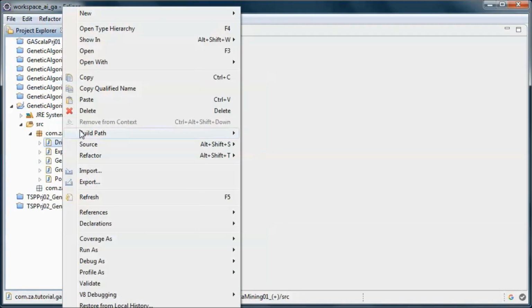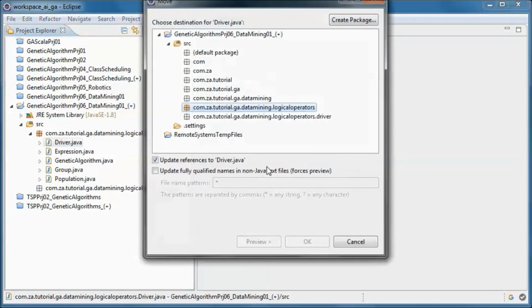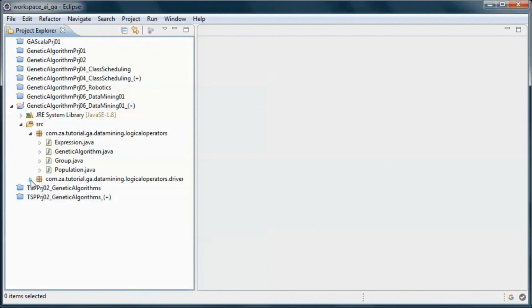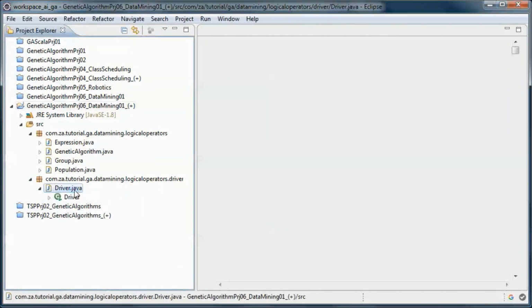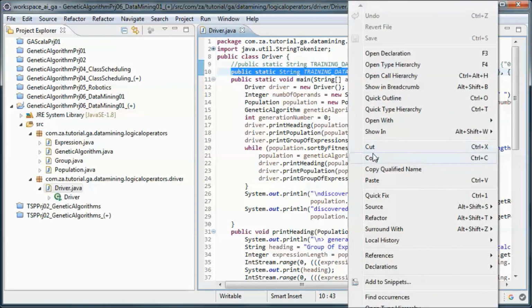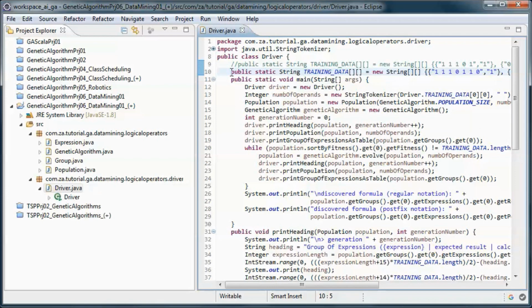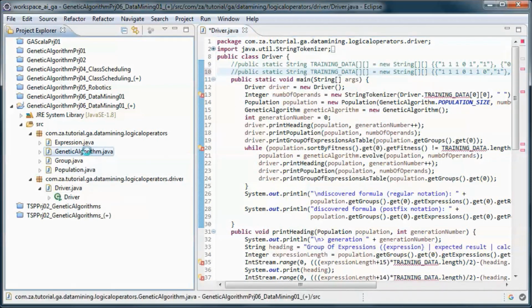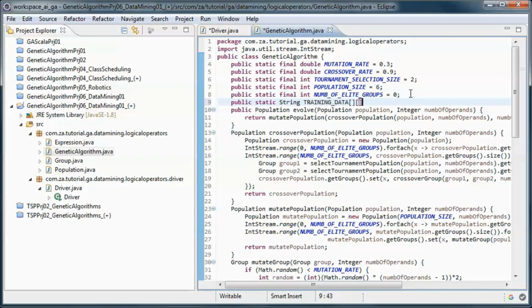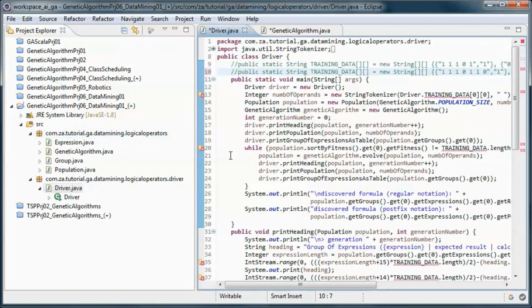And move this one, and let's copy this one, and put it here. And let's refactor this code.